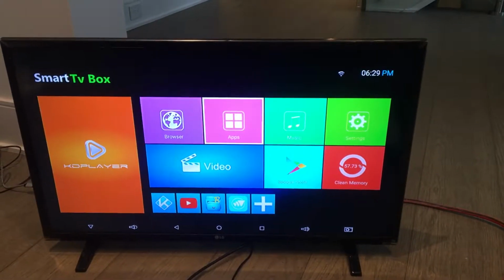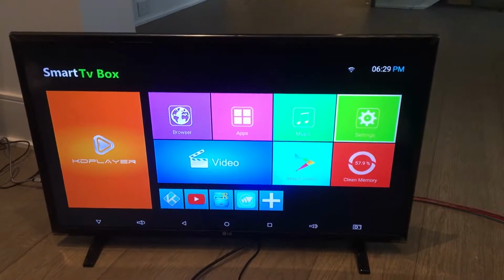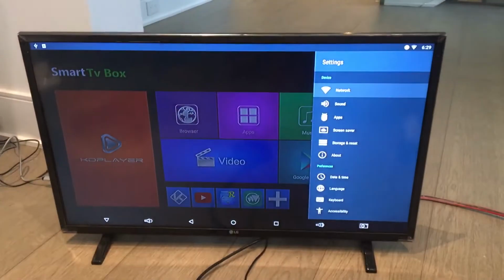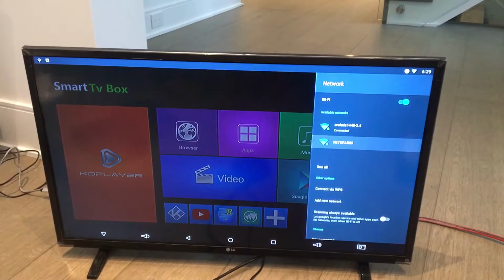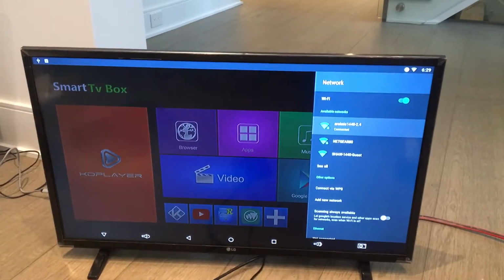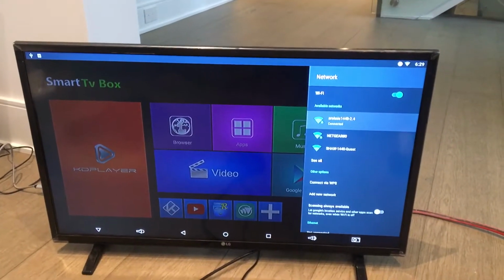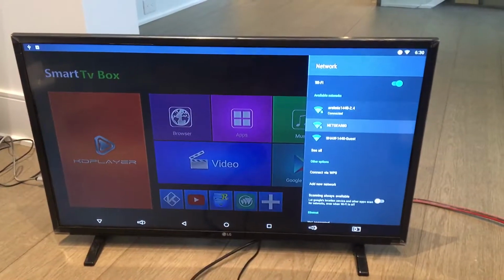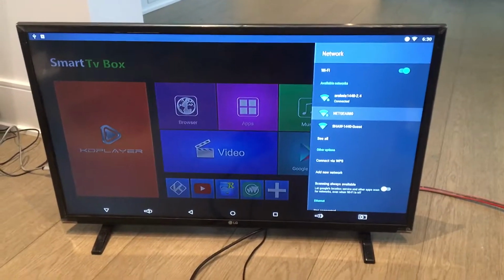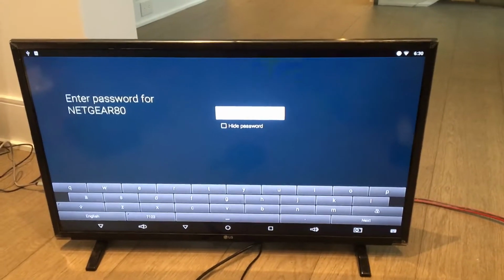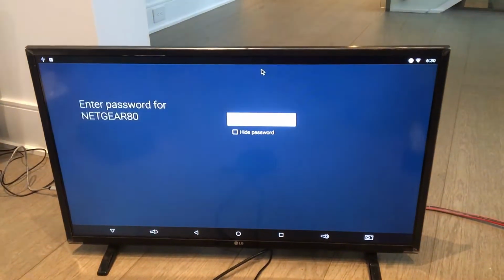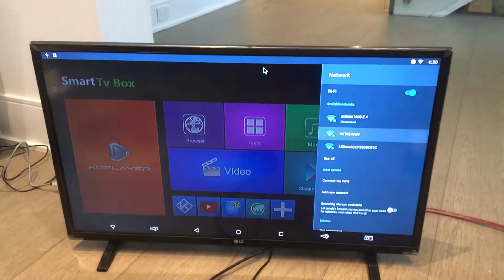Okay, so once you get your box, this is what the main menu will look like. Go into settings and go to network and find your network. See, I'm already connected, and this is what it will look like after you connect. Click on the network name and hit OK, and it will ask you for a password. I'm already connected, so I don't need to do this. I'm just gonna hit the back button on the keyboard, and